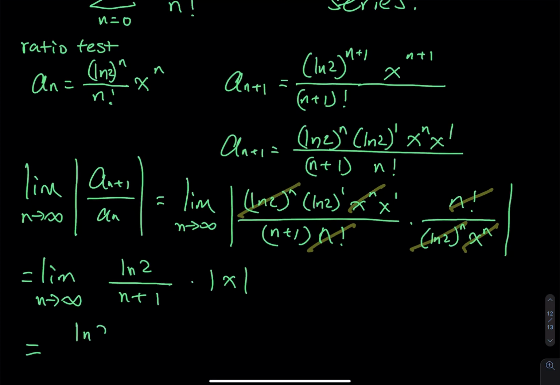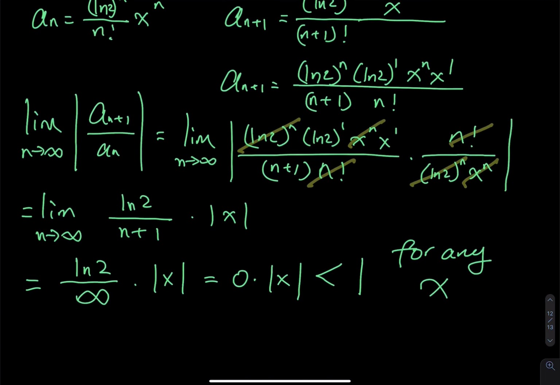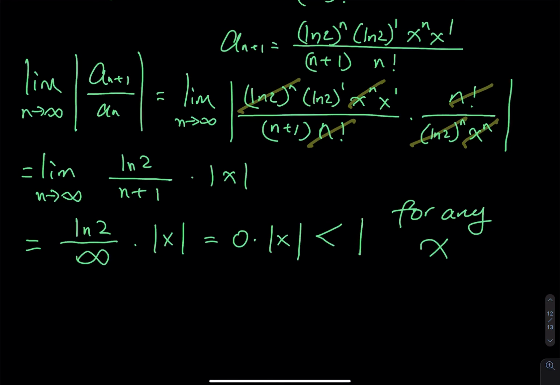You have ln2, which is a real number, divided by infinity, so that is equal to 0, times the absolute value of x, so that is 0 times the absolute value of x, and this is always less than 1 for any x. All right, and so we say that the series is convergent